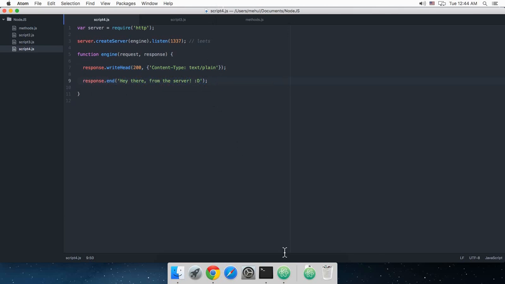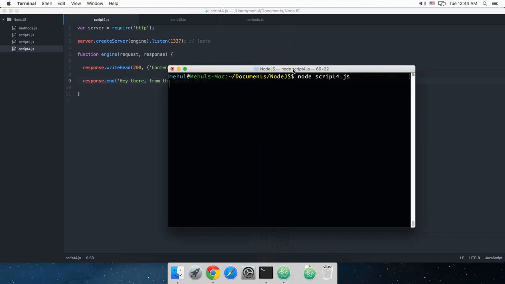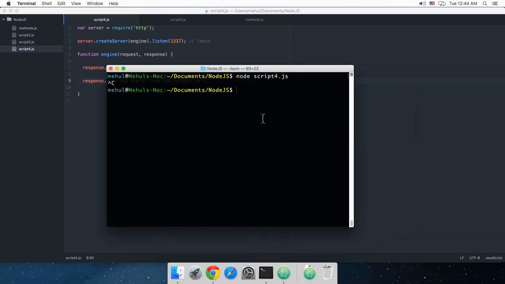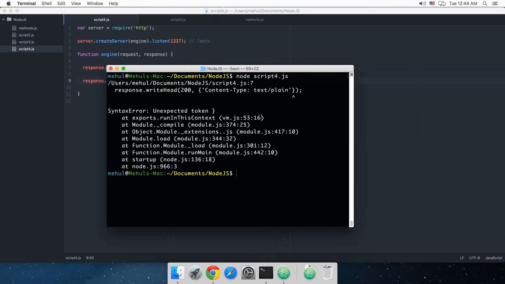And that's pretty much it. Let's try to run this again. Clear, node script4.js, and we have got something